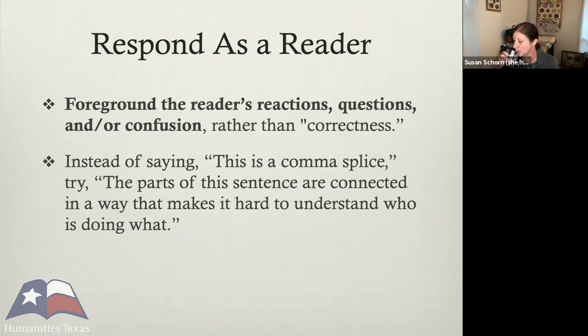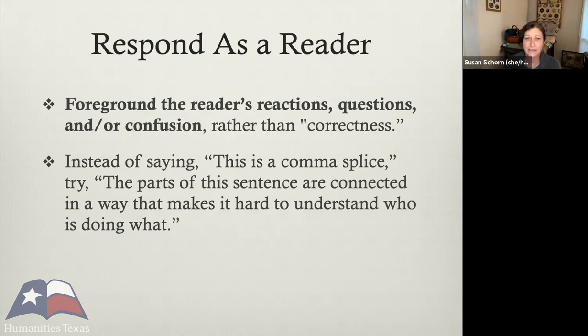Okay, so first of all, responding as a reader. A lot of you probably already do this, but I just want to focus on it for a minute to say it is absolutely a good investment of your time. If you're doing it, keep it up, and if you're not doing it, give it a try. When you respond to student writing, try to foreground the reader's reactions, questions, and any confusion rather than correctness. That doesn't mean you don't ever talk about grammar rules, but don't start with that and don't make it the focus. So instead of saying this is a comma splice or you have a lot of comma splices, try saying instead something like